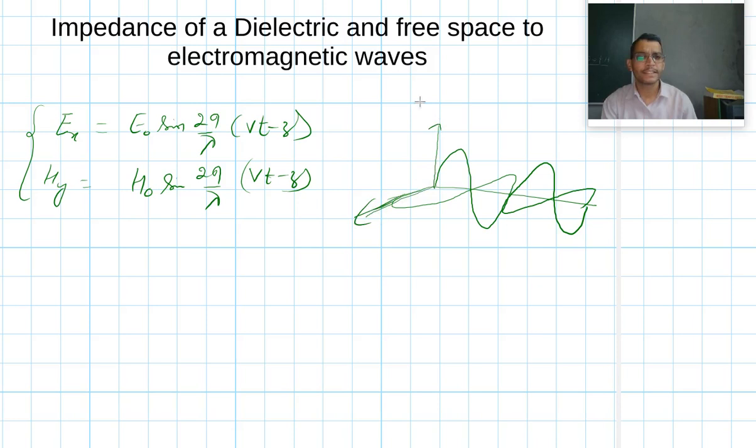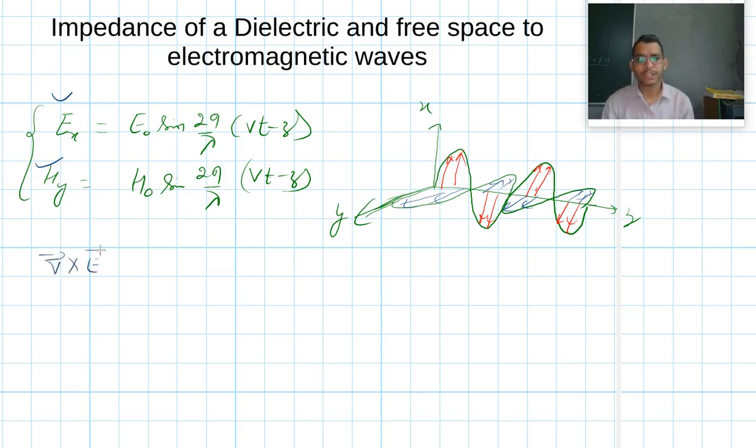Say it is the x-axis, it is the y-axis, and say along this it is the z-axis, and the electric field vector is moving along this way. And here along this it is the magnetic field component, right? So for this case it is the Ex and it is the Hy. Also